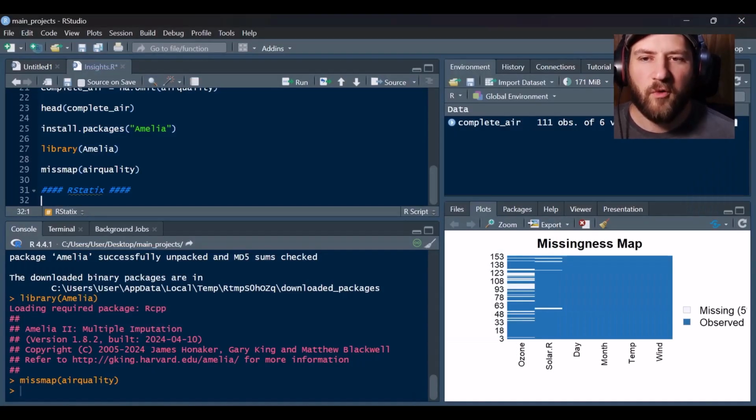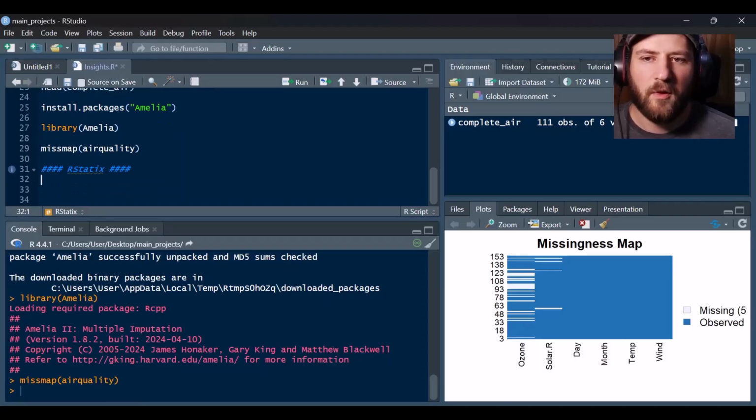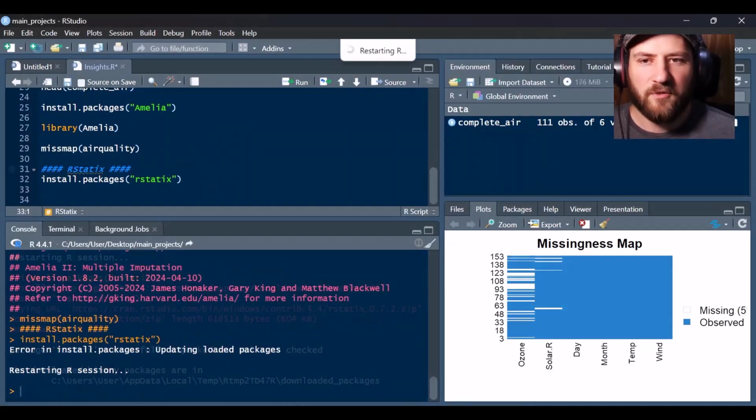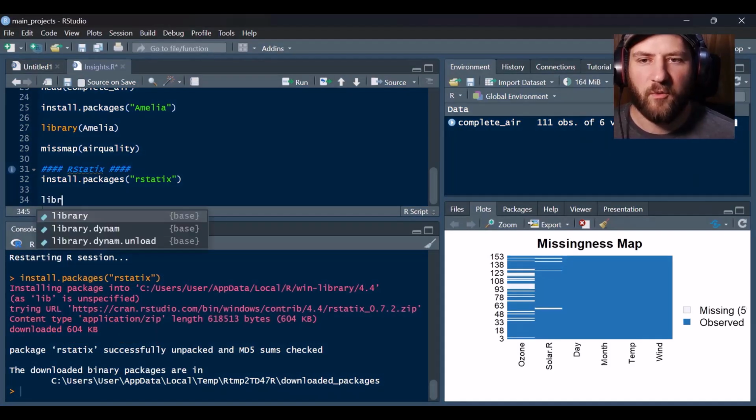Now, I mentioned before that there are some other more helpful functions out there for getting summary statistics, and I really like the rstatix package for this. So I'm going to install that package as well. We're going to type out rstatix, and it says I have that, so I'll click yes again. So I'm going to load it as we always do. library(rstatix),